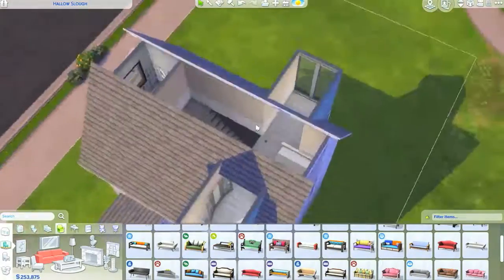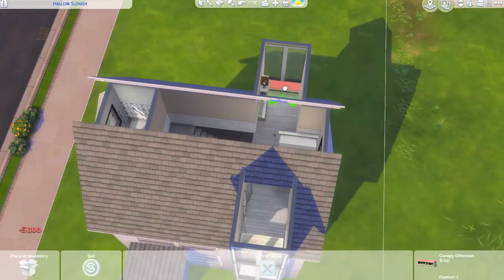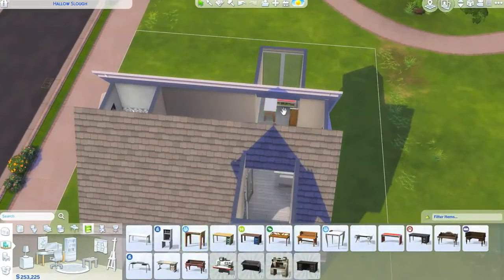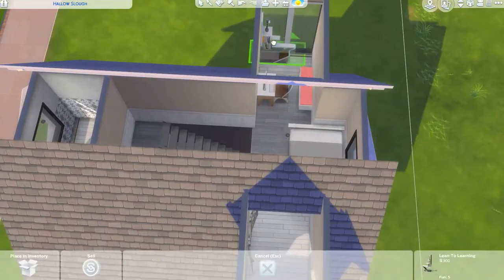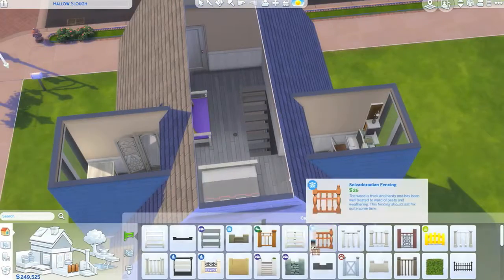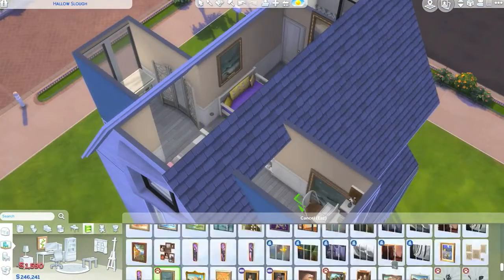And I kind of put it in that position at the moment. I do put it back there afterwards because I tested out whether you could actually use the bed, and you couldn't the way I had it, because it was blocked by the fence, because it was a bit of a tight squeeze. And we've got a little dressing area down one end, and we've got a little study area down the other. So there's a little bookcase and a tiny little desk, and kind of added some of the cats